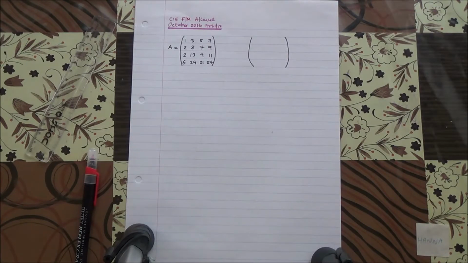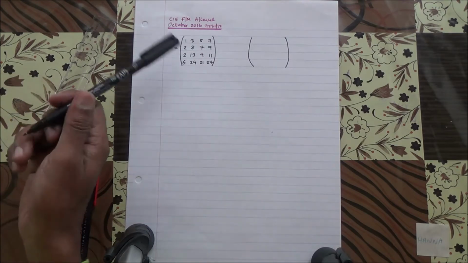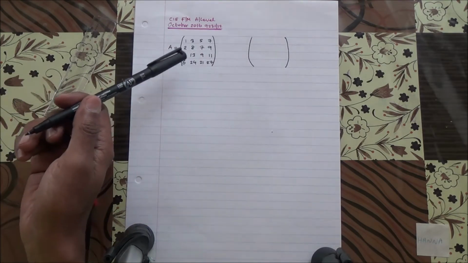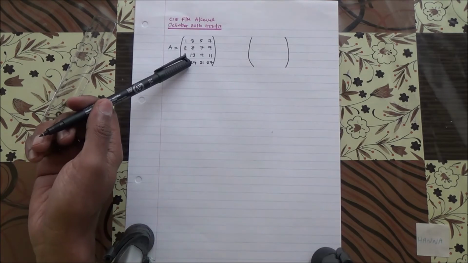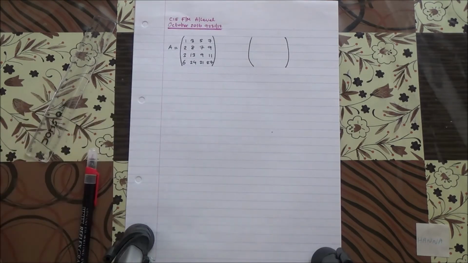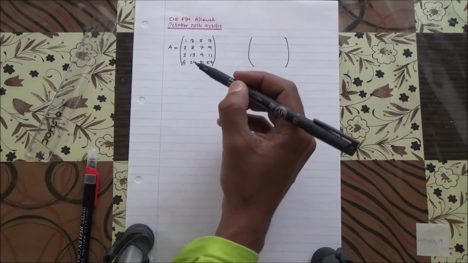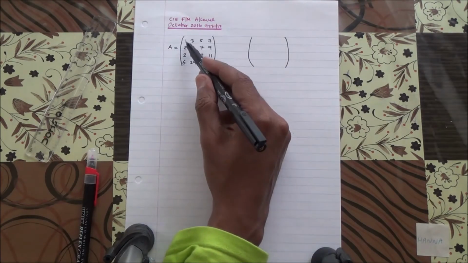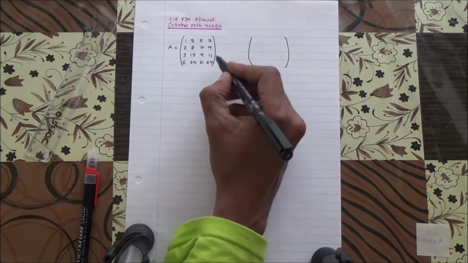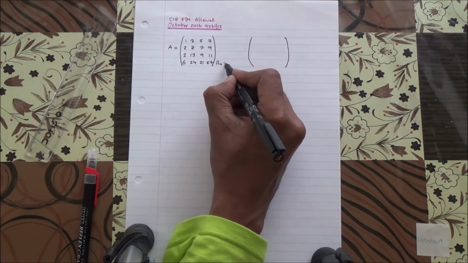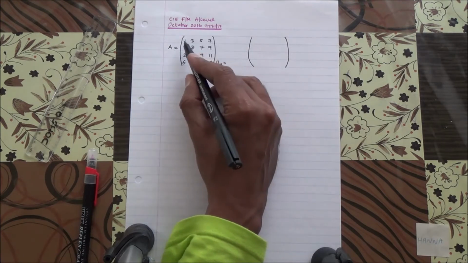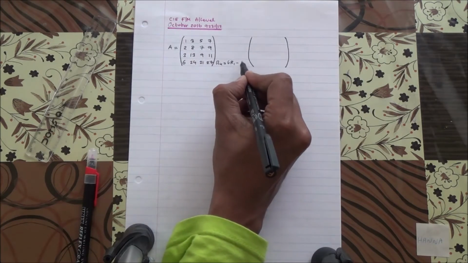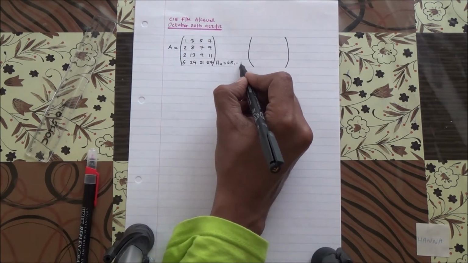Now then, to find the rank of this matrix, we could do it by finding the determinant of this matrix, but I would rather turn this matrix into the row echelon form. That's the best way anyway. So our goal is to make 6 a 0. So what we can do is multiply this: row 4 can become 6 times row 1 minus row 4, and